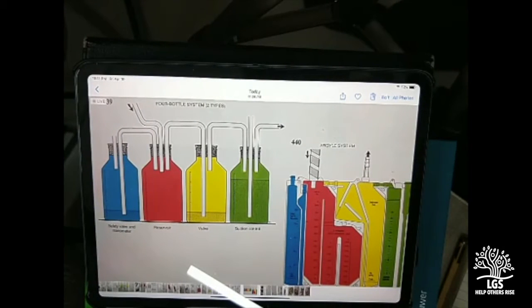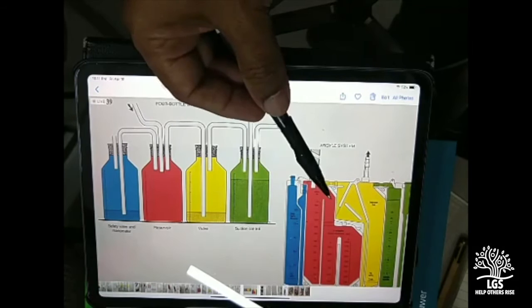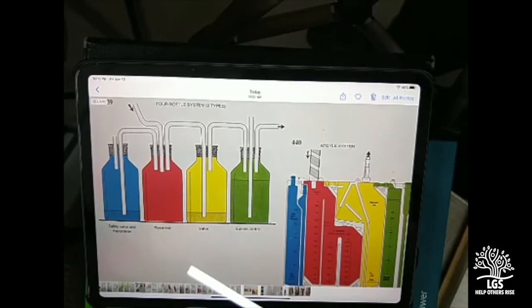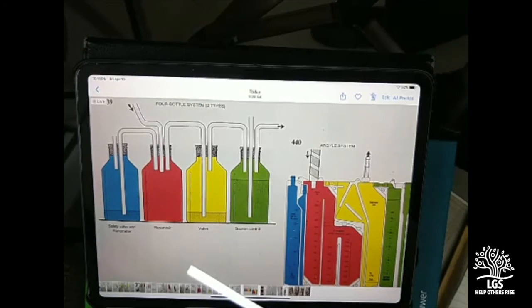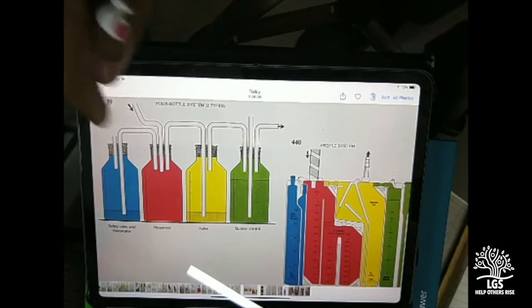The 4-bottle system, and the modern version of the 4-bottle is called Atrium suction. All the residents of today are supposed to know everything about Atrium. I will not use this time to elaborate on Atrium. Please go to atriummed.com. Download the whole brochure, 40 pages. You read 40 pages 3 times. If you retain 5 pages out of that, it is more than required.